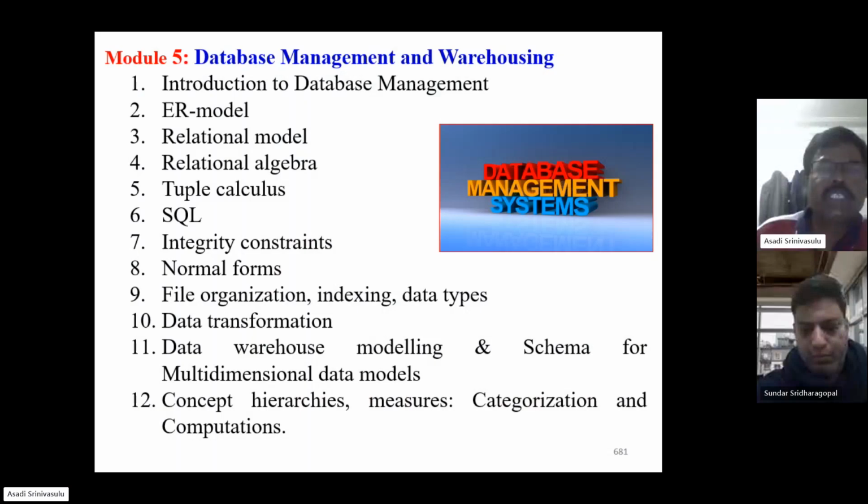Database management and warehousing. This module gives us a basic foundation course in order to develop skills for data scientists. This is the core and first and foremost important core subject for data science. Here we are covering the syllabus like introduction to database management and how the evolution of a database started, and